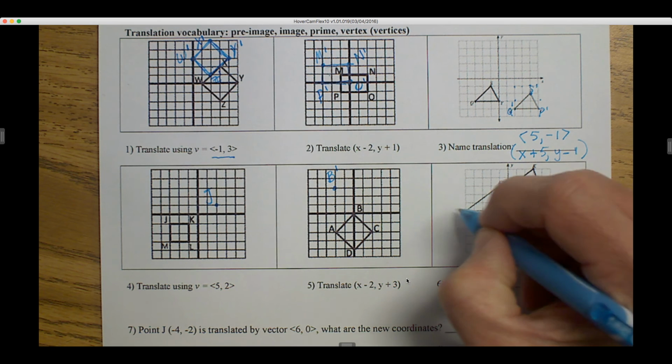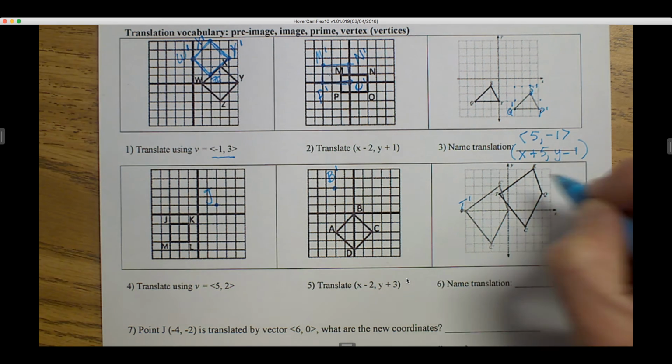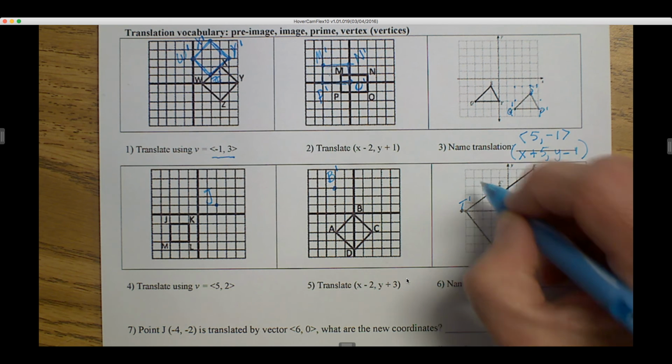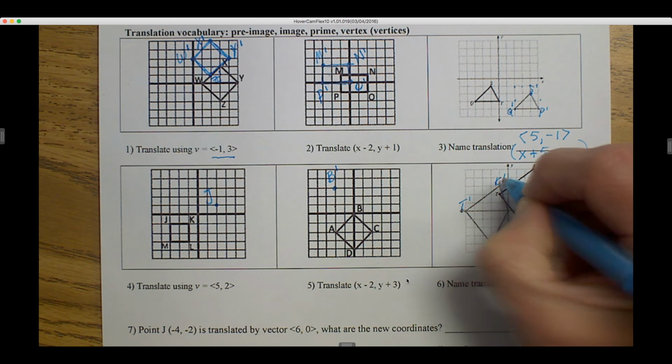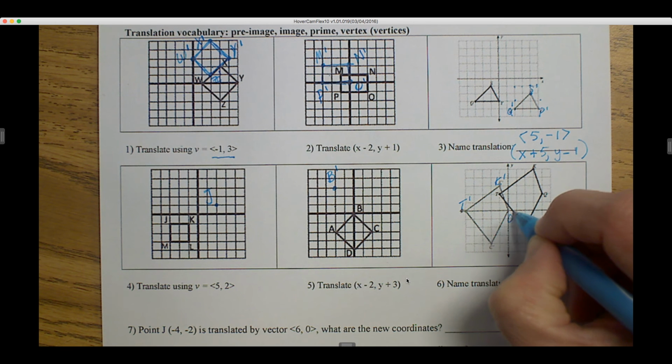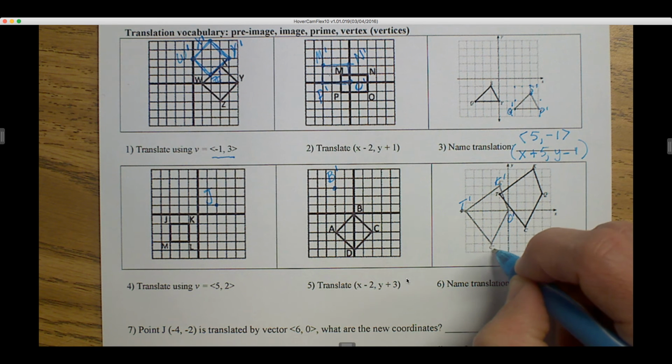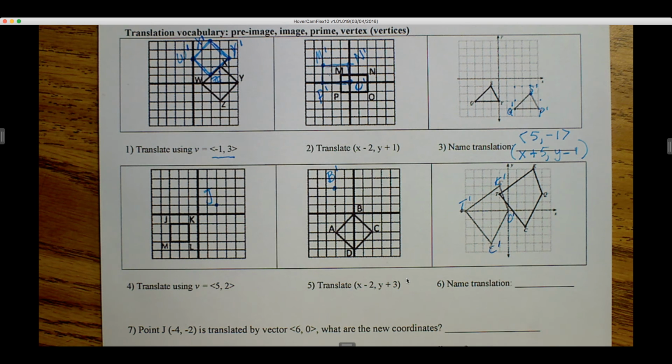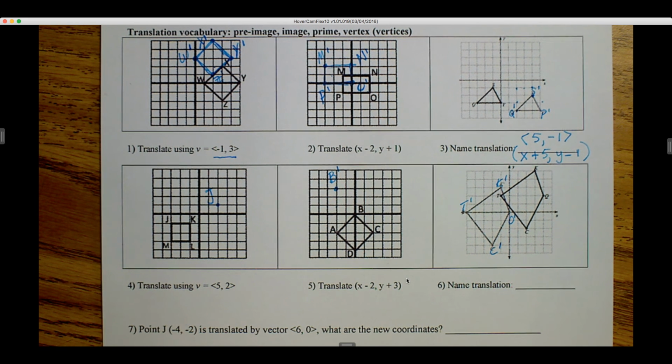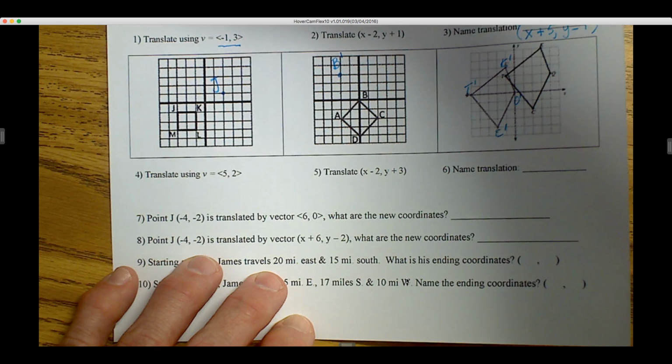And it looks like we have a T prime here, a K prime here, a Q prime here, and a C prime here. And that is how you do translations. As we slide down one more last little bit,